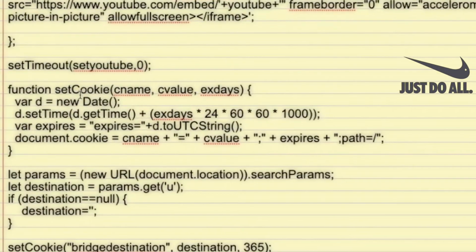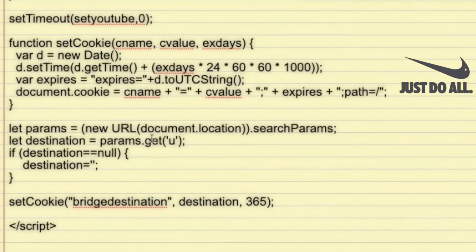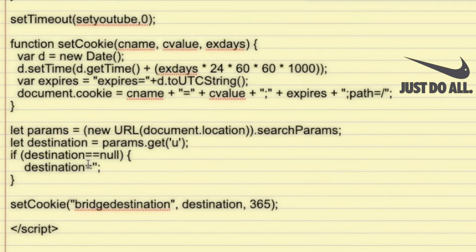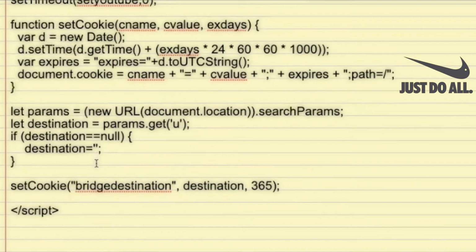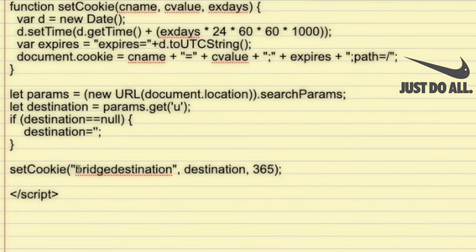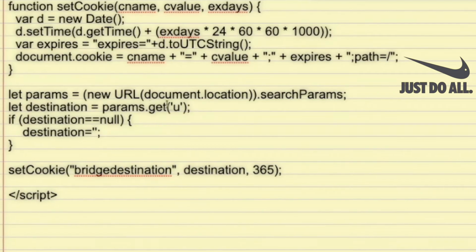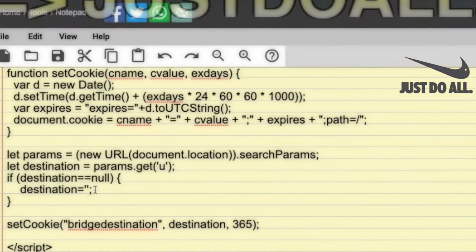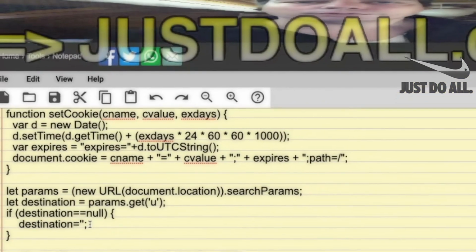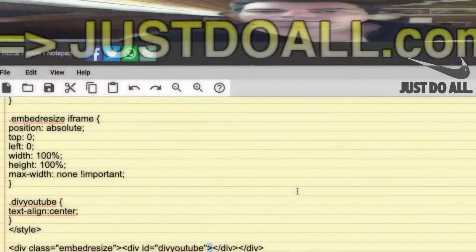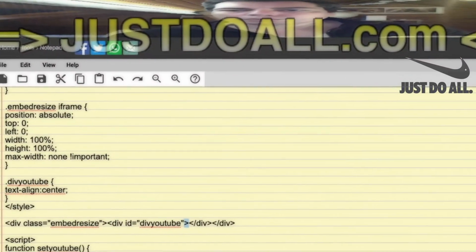And then we have the cookie setCookie. This is for the U argument. So it gets the U argument. If there is none, it doesn't set the destination per default. So it will use the destination per default from the thank you page. And then it sets the cookie to the destination. So either the value of U or nothing. If it's nothing, the thank you page will use its own default destination link. So that's it for this script that we have in the iframe of the Watch YouTube page.